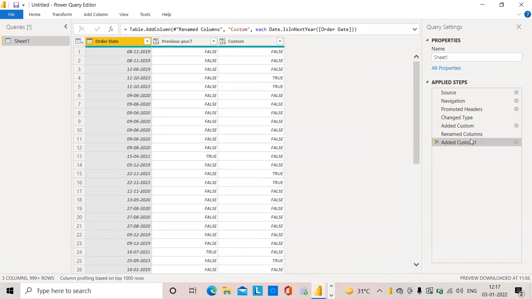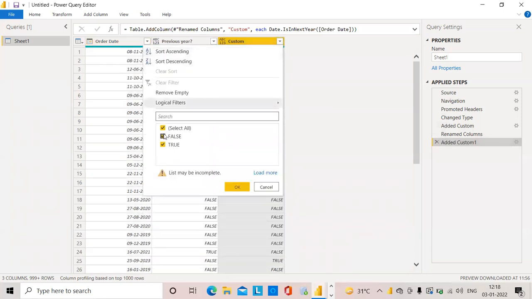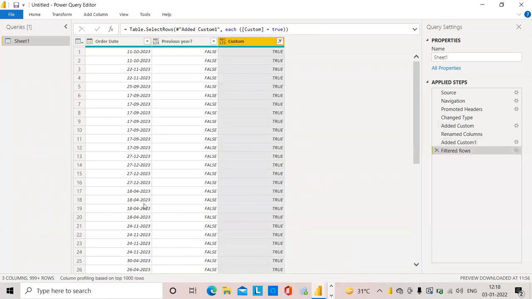Now you can see I have filtered true and false, so it's not available. Now I have just closed that filtering. So now you can see the true and false options. Next year means it is 2023, so it will be showing true values for 2023, right? If you want only the true values, you can do it here. Now you can see 2023 data has been filtered. That is next year. I will just close this filtering.